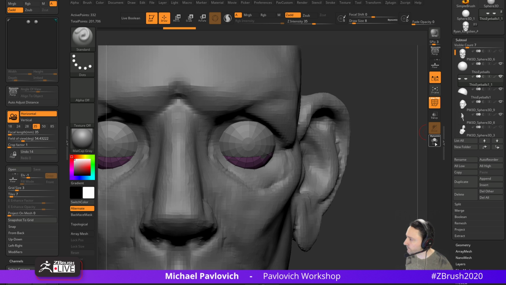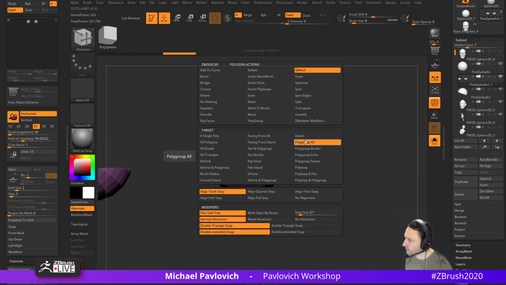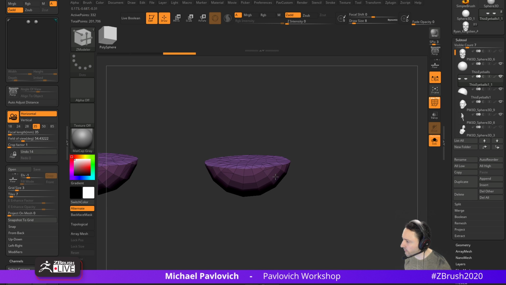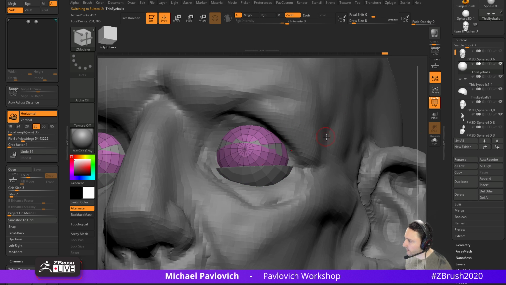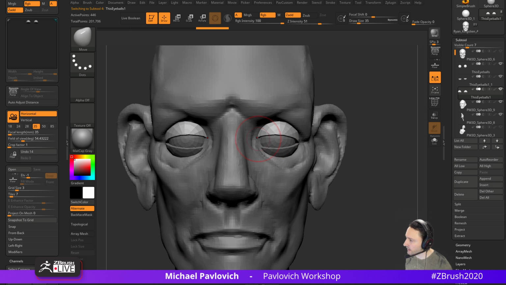So if we go through here, just like we did before, we can use the Q mesh polygroup all, and just hold down shift to pull along those surface normals, because we do need a little bit of thickness. So there's our eyeball, and then here's our upper eyelids. So now we have at least geometry we can push around, as opposed to sculpting, which is fine, but again,